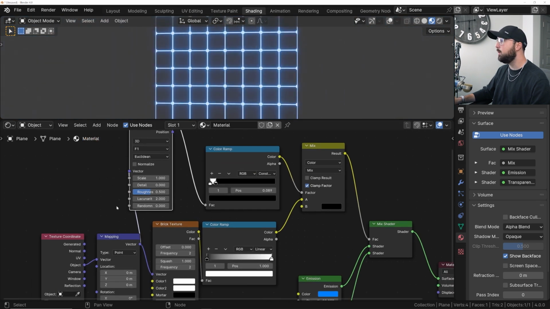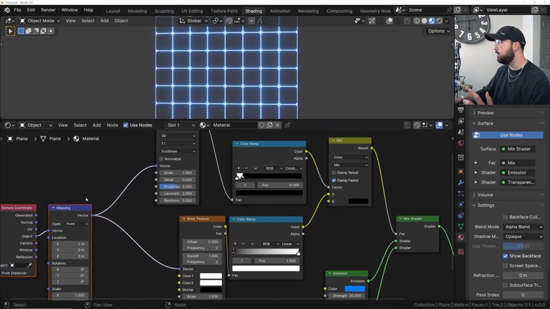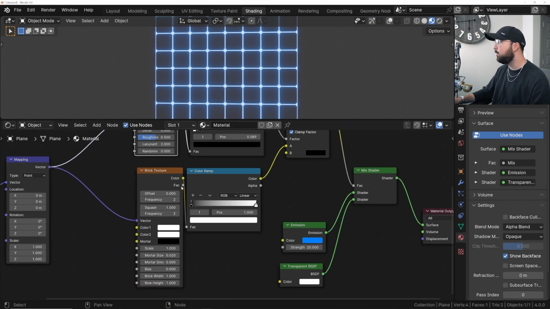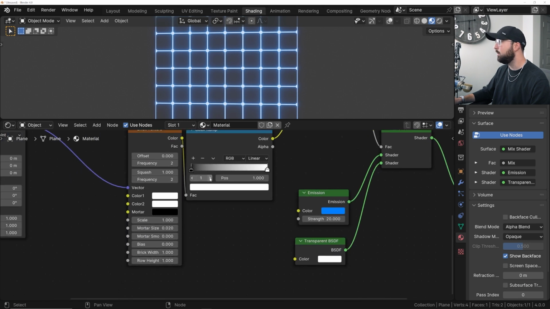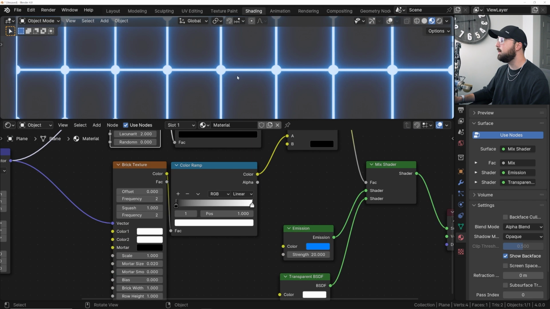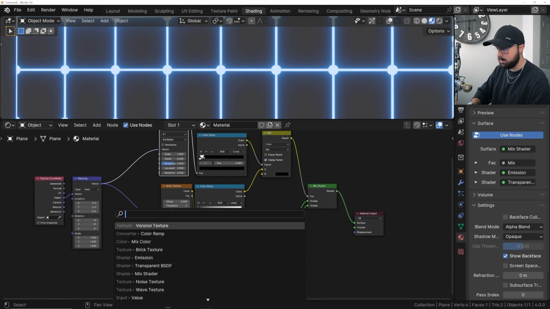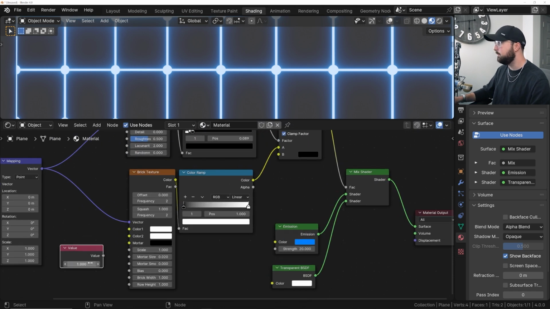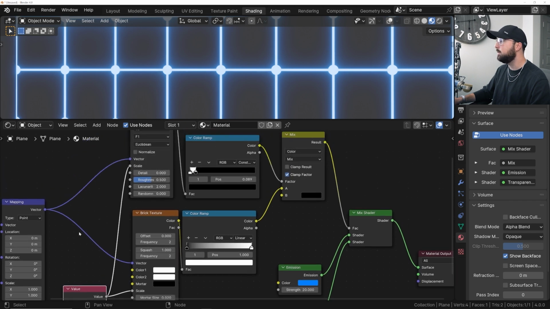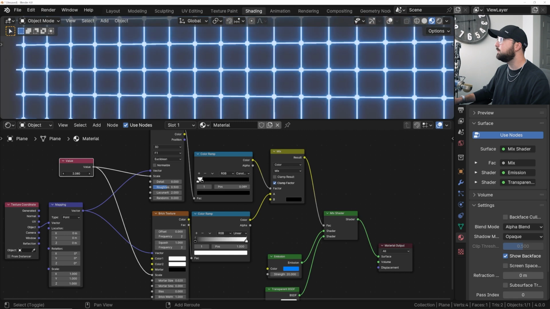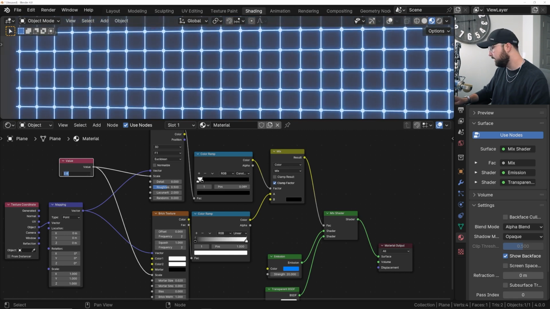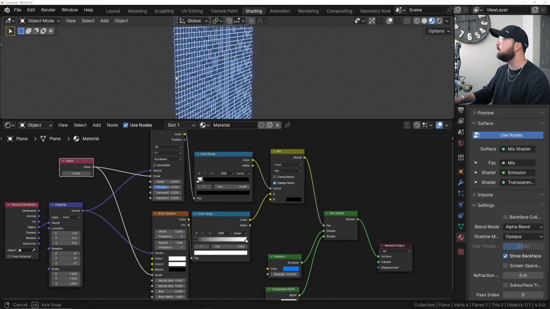Now that's one thing that I wanted you to notice: scale of 1, scale of 1, scale of 1, they're all relating to each other. And because we're using a scale of 1, it's all going to line up properly, which means that if we want to control them all at the same time, you can get a value node, tell it to be a scale of 1, and then plug that into the scale here and plug that into the scale here. And now you can scale them both together, and we like that. So I'm going to give it a scale of 5